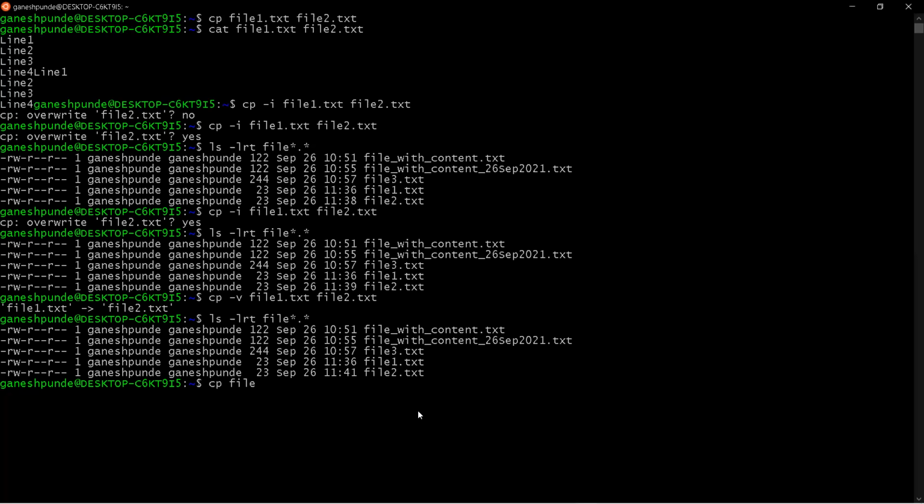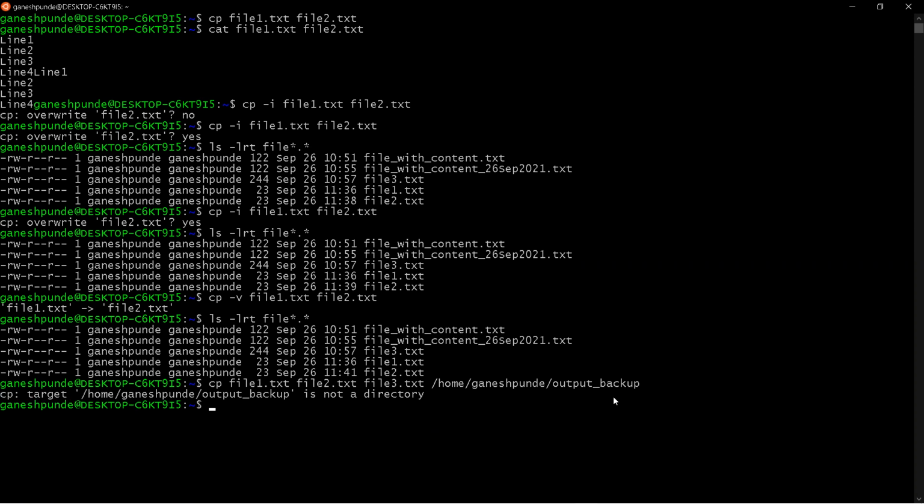I am saying file1.txt, file2.txt, file3.txt, and where I want to copy, I will say home Ganesh Punde, and here create one directory called output backup, right? So these 3 files will be copied into this folder, right?